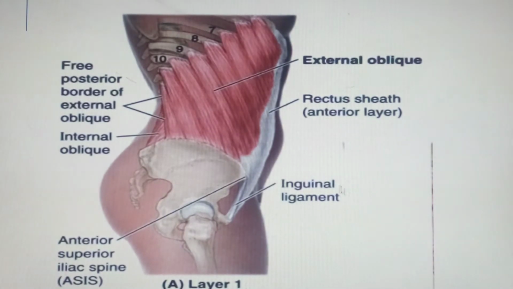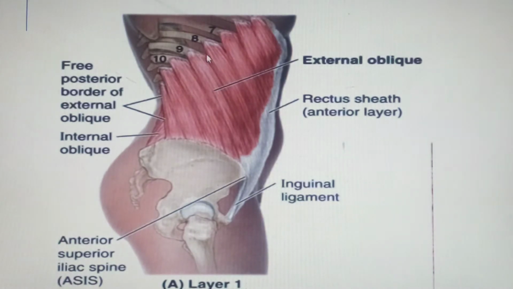So I told you that the external oblique is the only muscle which inserts on the outer lip of the iliac crest. But let me show you the attachment of this external oblique muscle. Now you can see these are the ribs. There's rib 7, so it means there's rib 6 over here, and also rib 5. So all the way from rib 5 up to rib 12, the external surfaces of these ribs